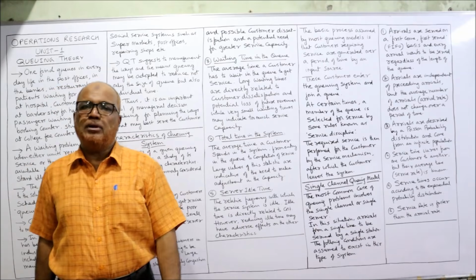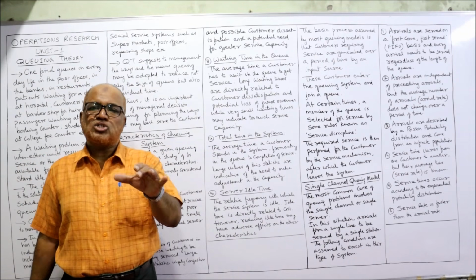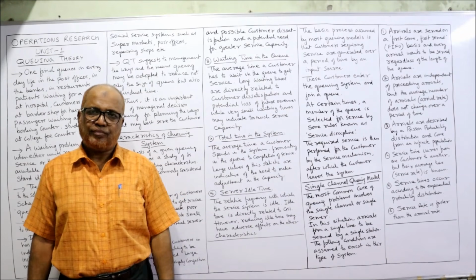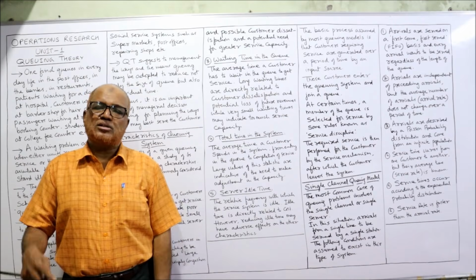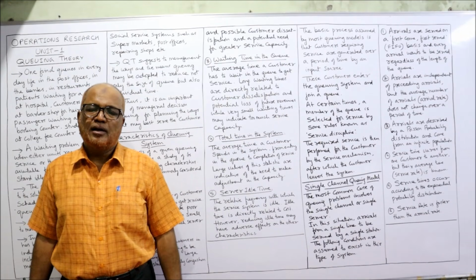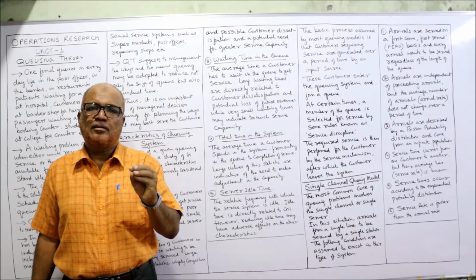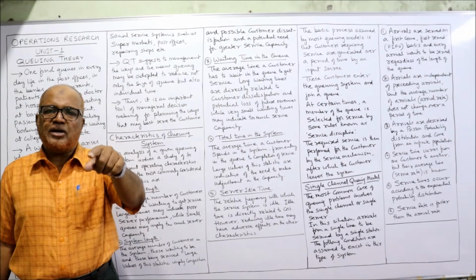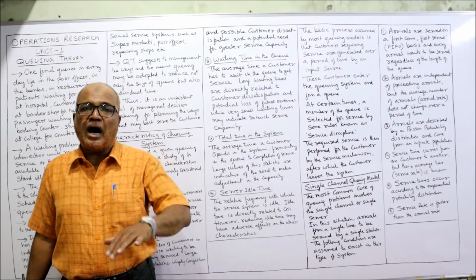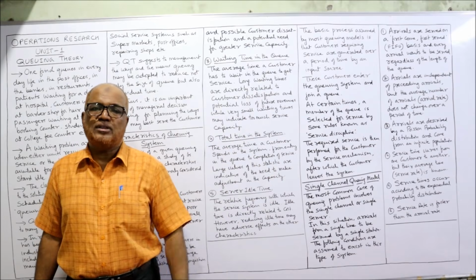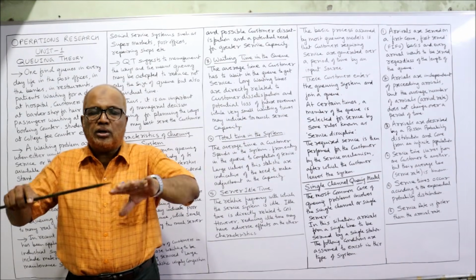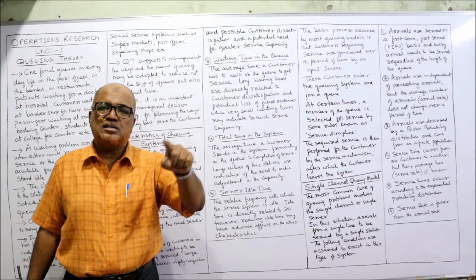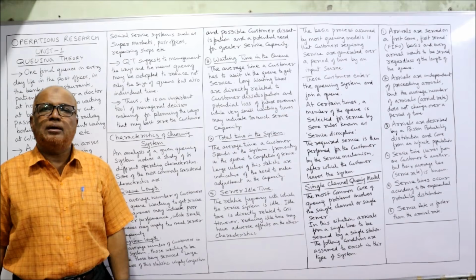Next one is total time in the system. That means how much time a customer spends in the whole system on an average. Just like the example, when a patient comes to a doctor's clinic, he will wait some 5 minutes or 10 minutes in the queue. Before getting the service of the doctor, the patient is waiting 10 minutes in the queue. After that, he is having consultation with the doctor for 10 more minutes. So total time, how much is he spending in the whole system? 10 minutes waiting in the queue and 10 minutes getting the service. So total 20 minutes he's